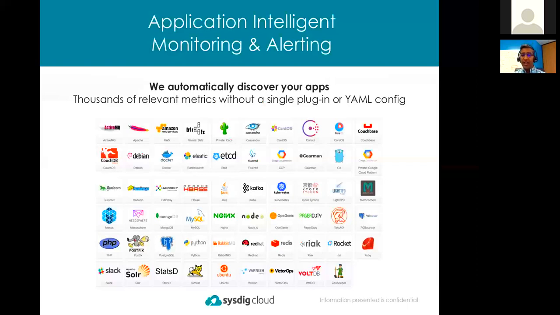So this is a slide that I affectionately call Logo Soup. This slide is just showing you all of those pre-built app discovery capabilities we have today. I'm going to take a moment here for you to look at this and see what's relevant to your environment. Let me say a couple things here. First of all, we're continually developing new application auto discovery templates, so check back frequently. We add more all the time.